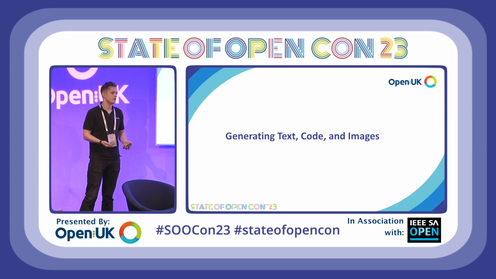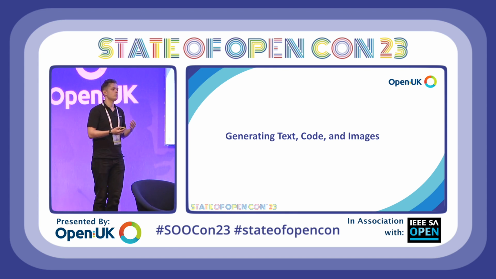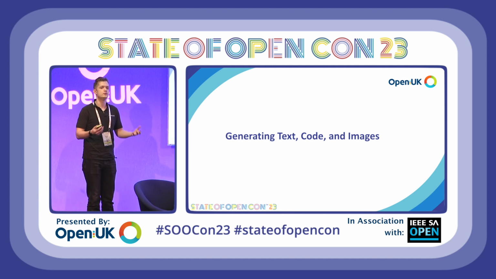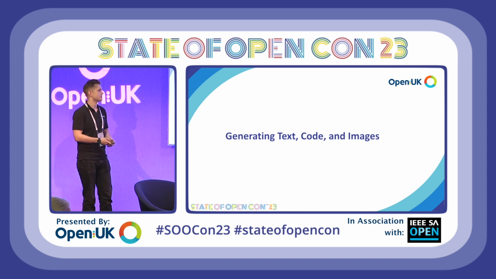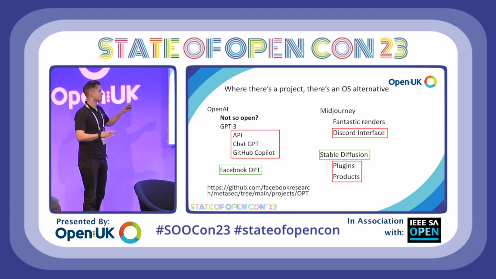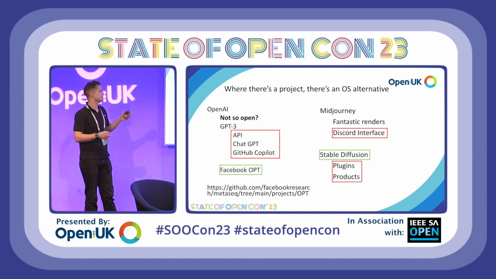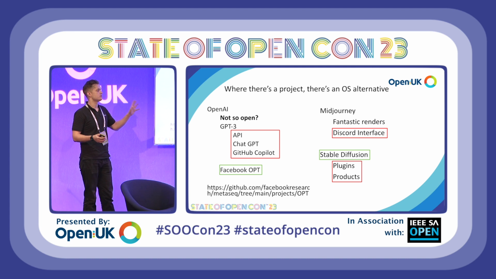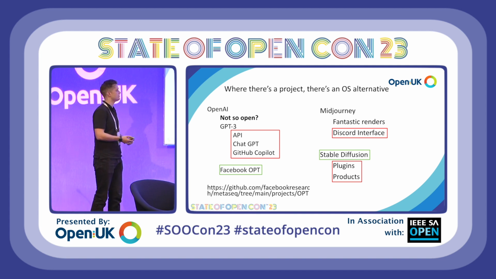So I'd like to start with generating text, code, and images. So really using AI, all of the innovation to generate new content. You'll be familiar with some of the technologies and the products that I'm about to share with you. So I'll go through this slowly, but you may be very familiar with things like ChatGPT in the news, GPT-3. You may also be familiar with GitHub Copilot, and then also image rendering like Midjourney, Stable Diffusion, technologies like DALL-E. This is a really rapidly expanding space in generative AI.